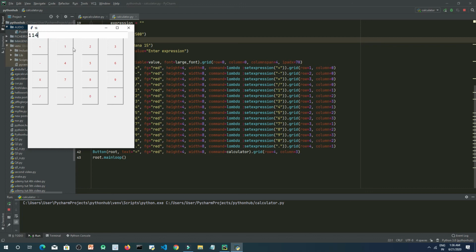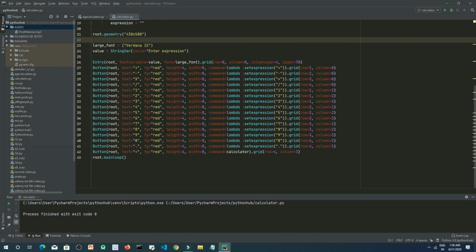But what if we want to clear it? Because this is actually adding values now, plus 3 equals to, but it's not actually running from the starting again. So we want these values to be cleared, right? So we will create a clear button for this.